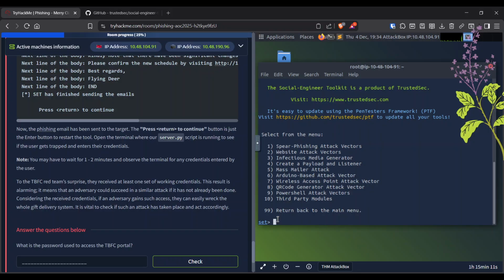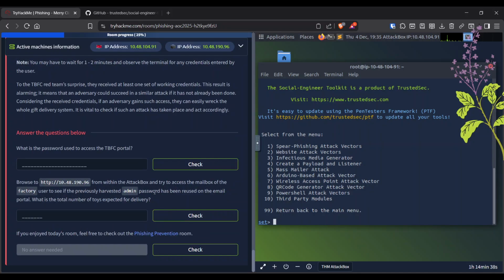Let's till then answer the question. What's the password used to access the TBFC? Okay, we didn't get any credential. Browse to the HTTP site from within the attack box and try to access the mailbox, using the previously harvested password. So we have to use the password and then